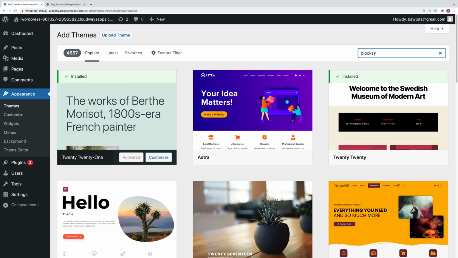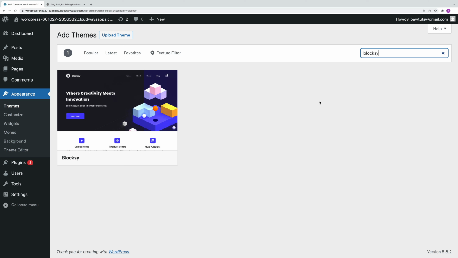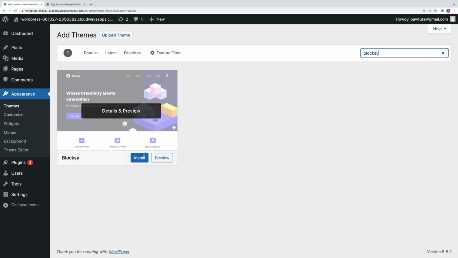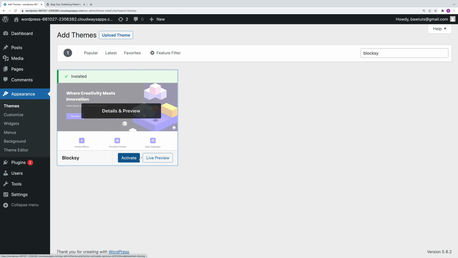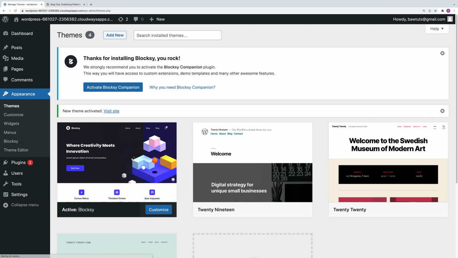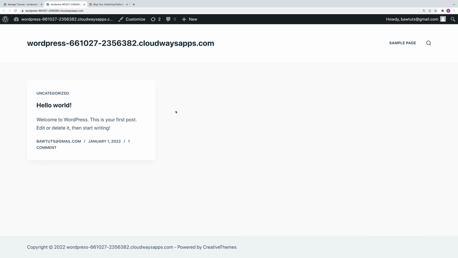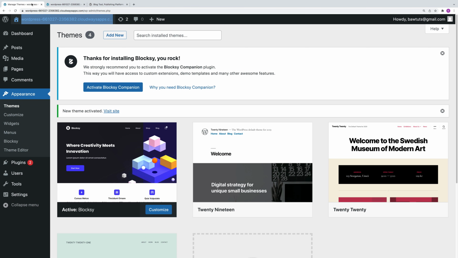So we're going to search for the theme that we want. It's called Bloxy. Hover over it once you've found it and click install, and then click activate. Then if we open this up in a new tab and view it, that's how it looks without content and different colours. It looks very basic, as you can see. So then if we go back,